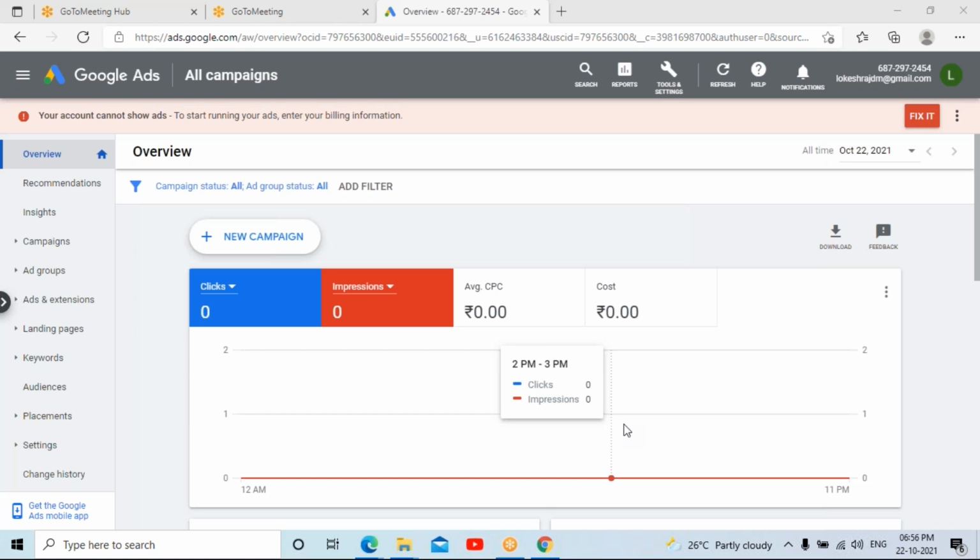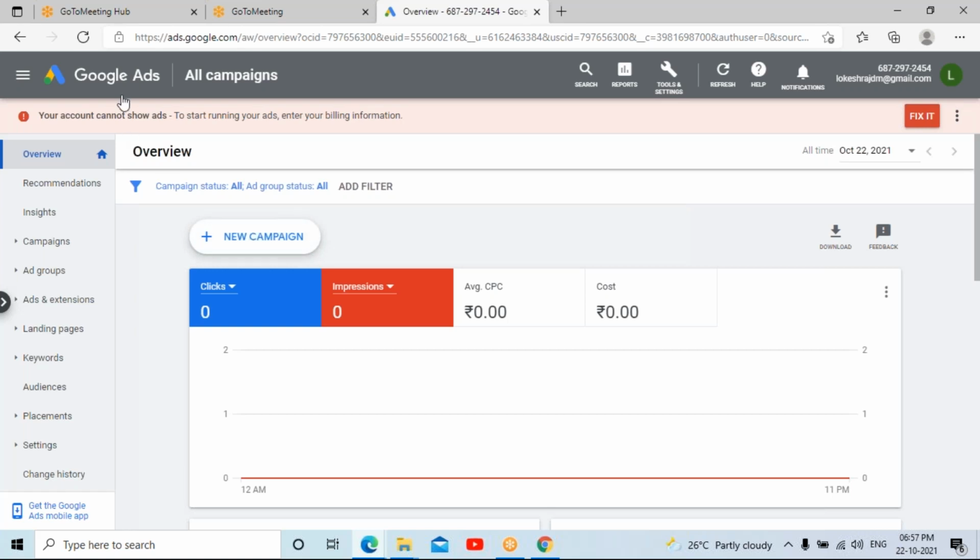That means how to create an ad which can run on your YouTube channel screens. To create a new ad, come to your main screen, that is, click on the Google Ads symbol on the top left hand side from whichever screen you are on. It will take you to the main screen over here, where you can get an option to click on new campaign.